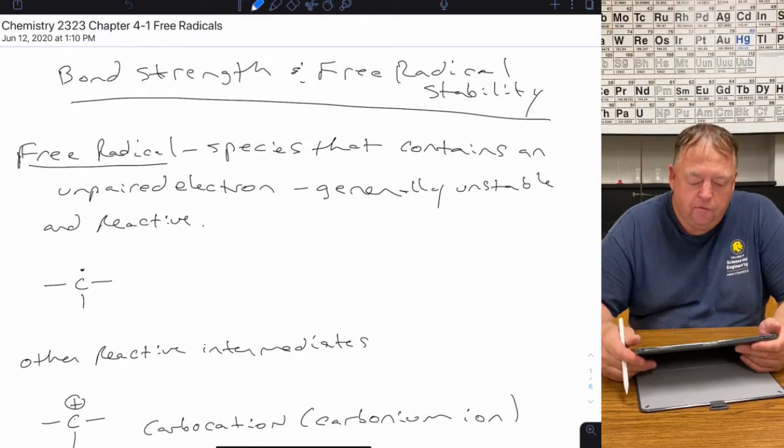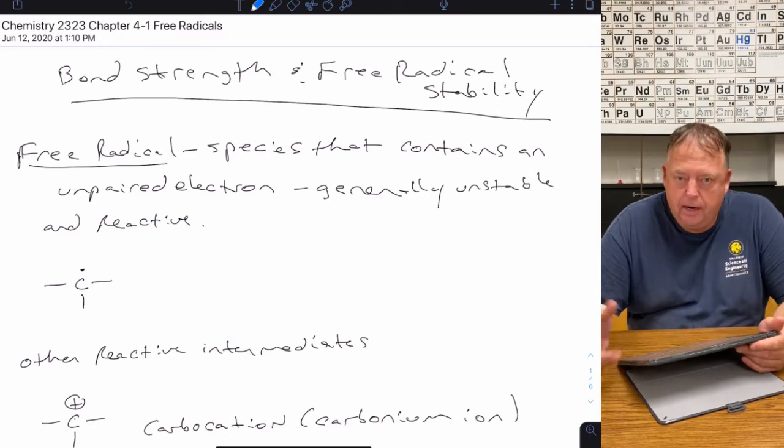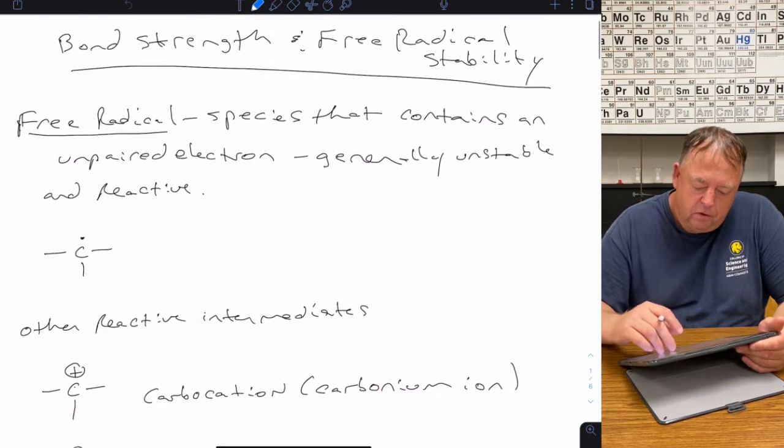First lecture over chapter 4. So this chapter covers what are known as free radicals and some of the reactions they undergo, and it looks at reactions of alkanes. Okay, so first of all, we'll start by looking at the stability of free radicals. What is a free radical and how stable are they? So a free radical